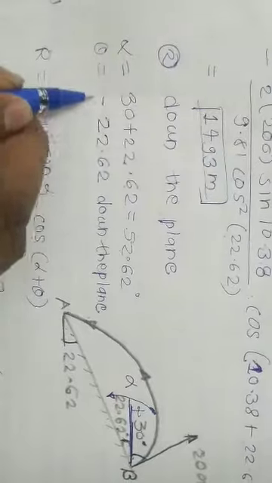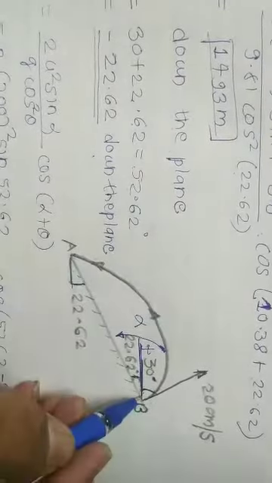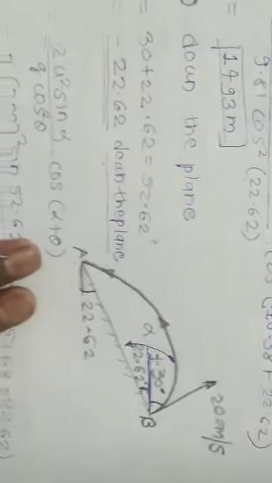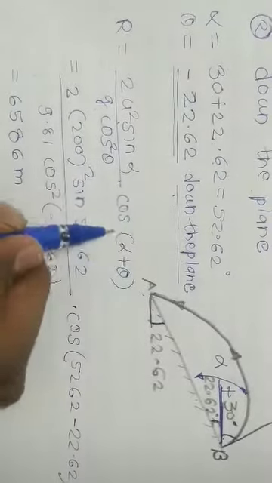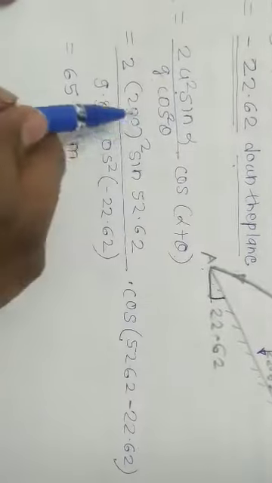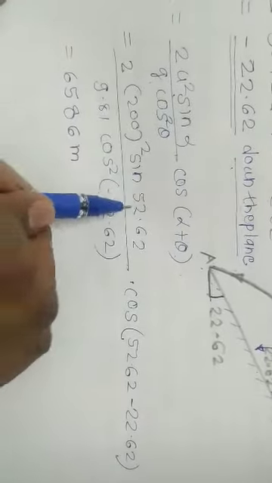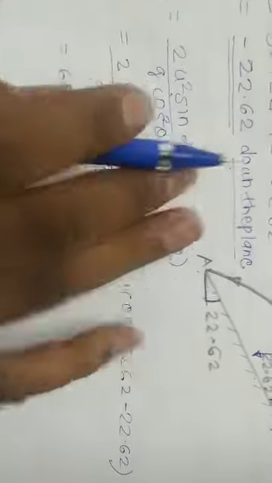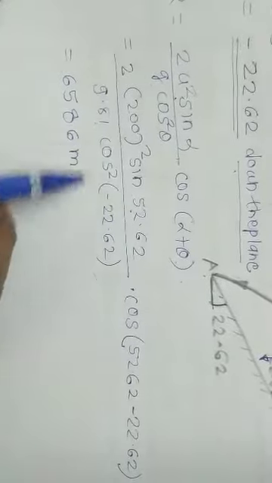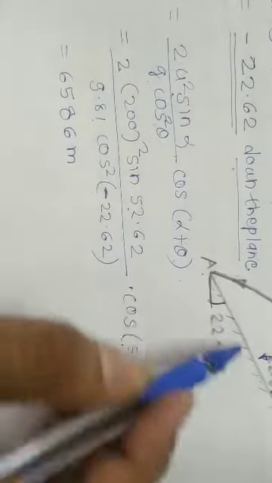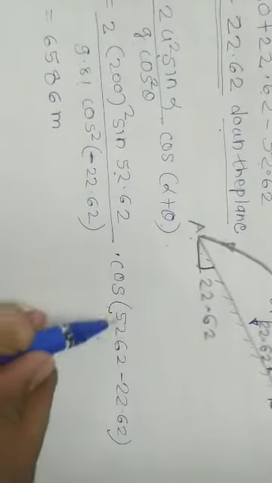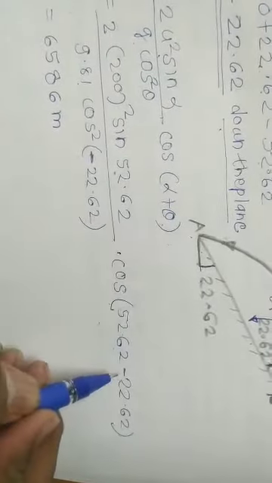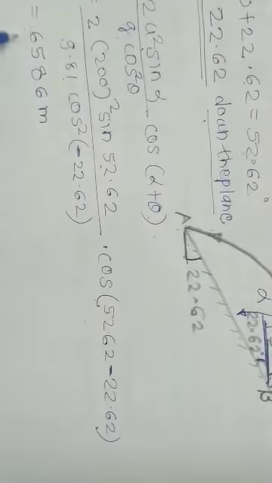Theta is equal to minus 22.62. Why? Because the projectile is fired down the plane, so it is below the datum, so it is down the plane. Now we'll use our formula, 2u square sin alpha upon g cos square theta into cos alpha plus theta. So 200 was the initial velocity. Alpha angle we have found out as 52.62. Then 9.81 cos square. Now this will be with a minus sign because theta is down the plane, and substituting cos of alpha plus theta, alpha, but theta is minus because down the plane, we'll get the range